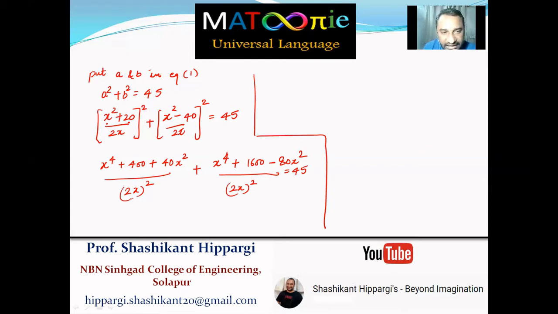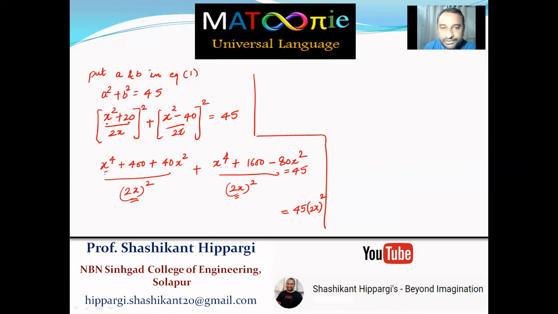So if you see at both the denominator, we are having 2x square. So that becomes the LCM. So if we take the LCM as 2x square from on both the denominators, and if I try to take this on the right hand side, so this becomes, see, very easy. This becomes 45 into 2x square. Okay, 45 into 2x square. Now what we are left with on the left hand side, just check out.